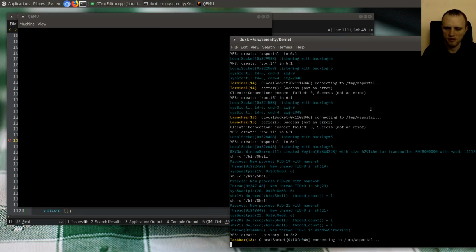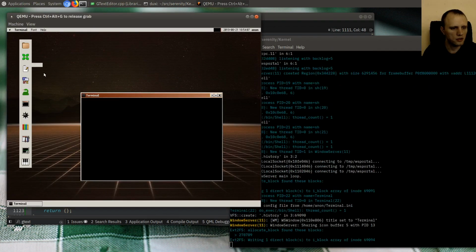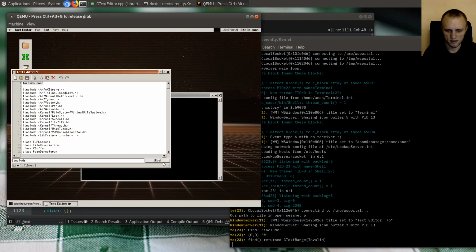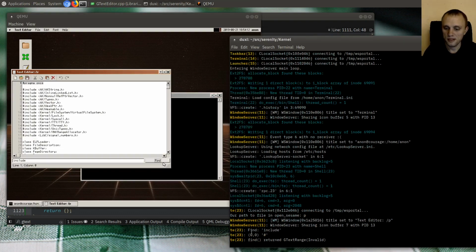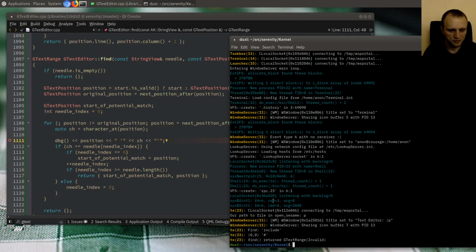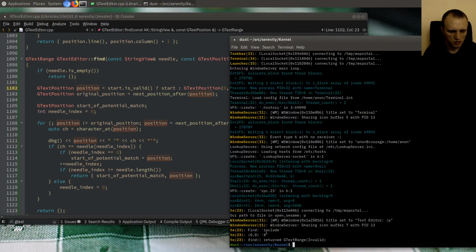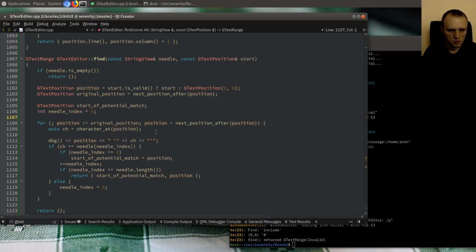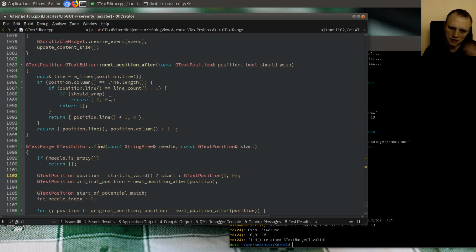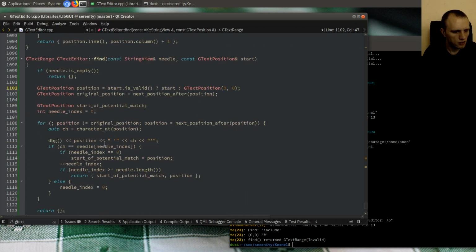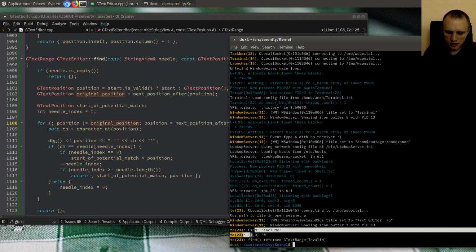We'll see what it says. If we at least iterate through all of the document or what. Oh, well, at least we find 0, 0. And then we don't do any more than that. Position. Well, none of these things seem right that we're doing here. So next position after seems like it's not really working right. And 0, 0, like that's where the cursor is, but